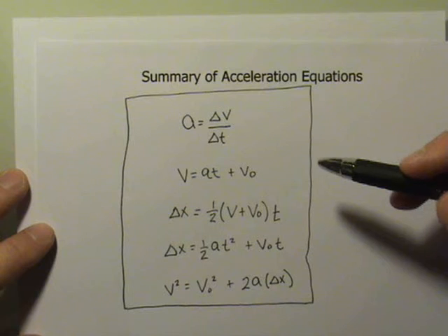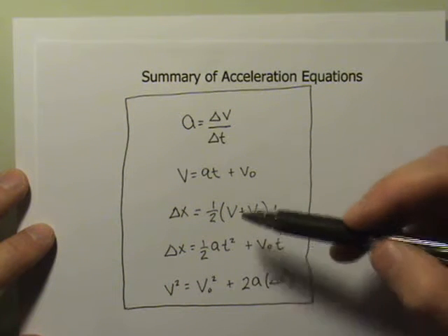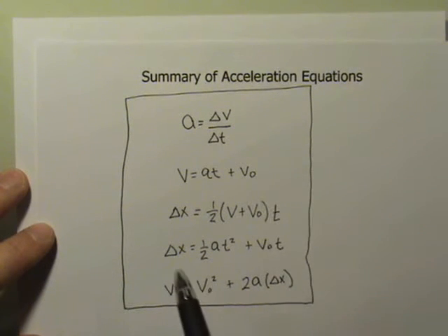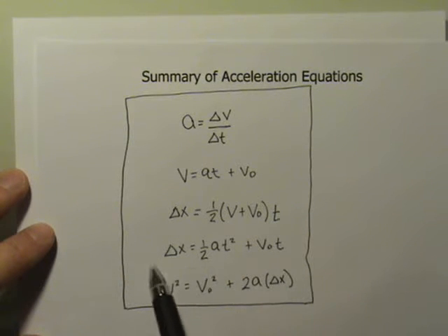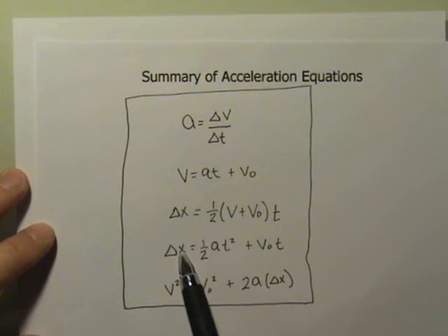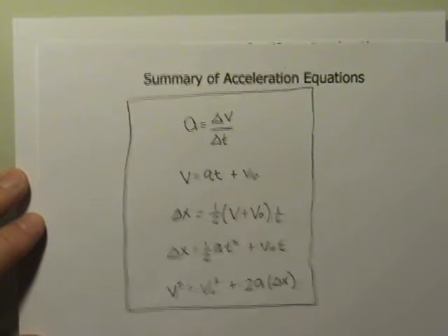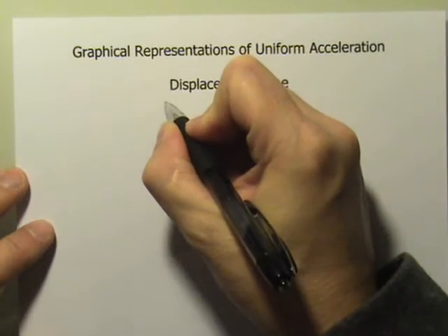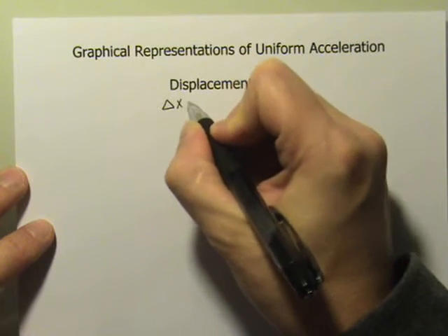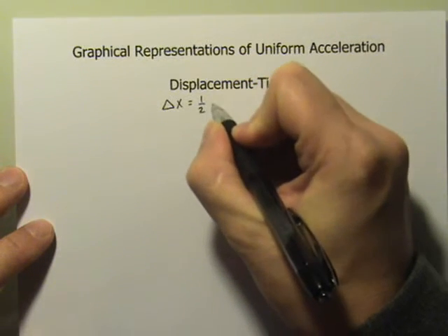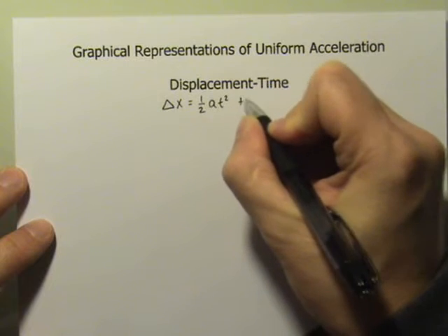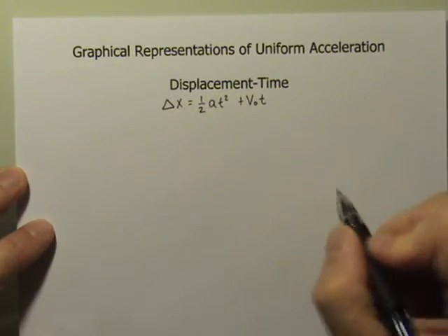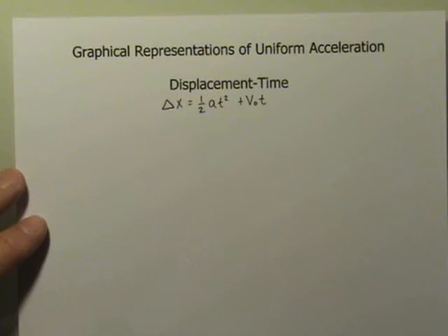Now, if I'm thinking about the displacement versus time graph, I really would want to focus on this equation right here. This is the equation that would show up if I were to graph the displacement versus the time. So let's write that equation here at the top, and we can write it one of two ways. We can either write delta x equals 1/2 at squared plus v naught t,